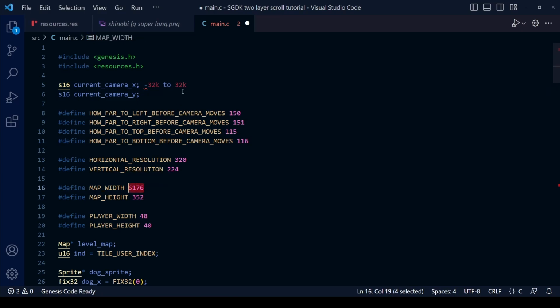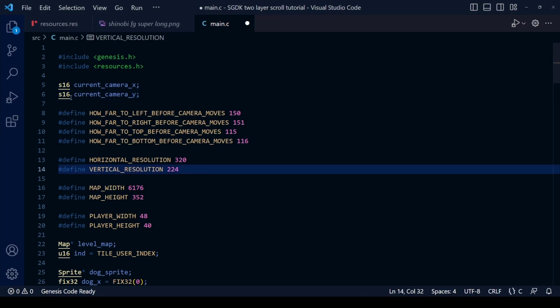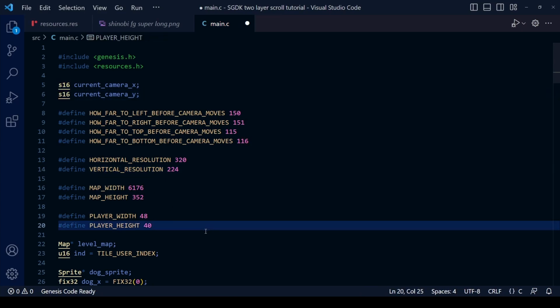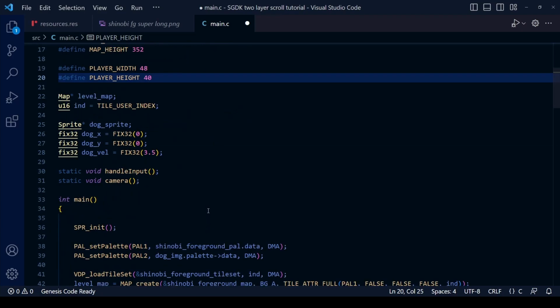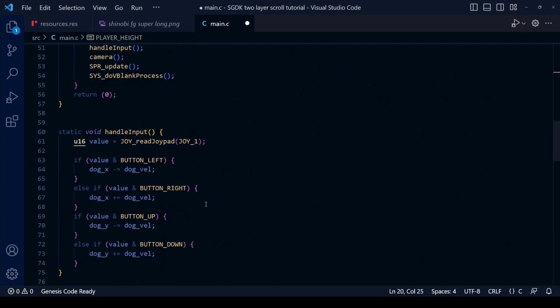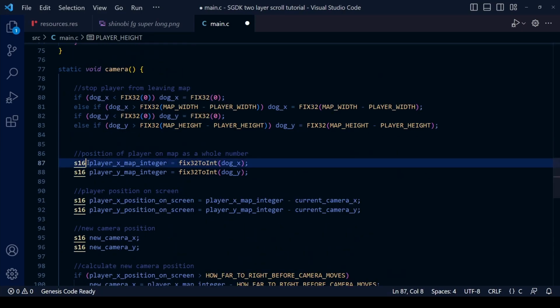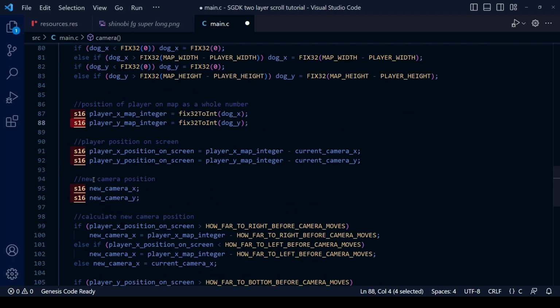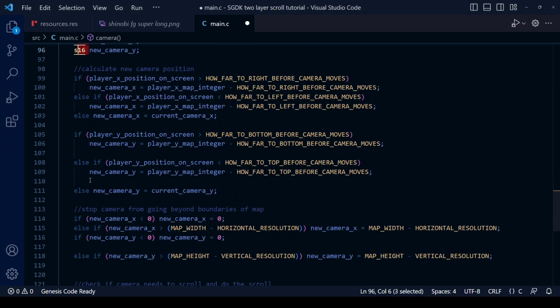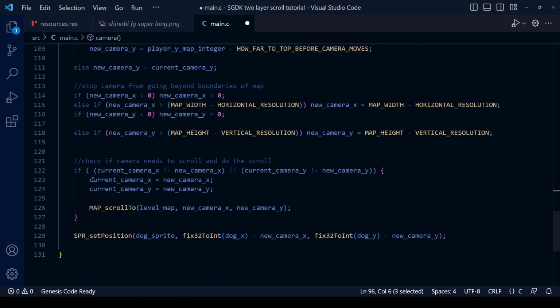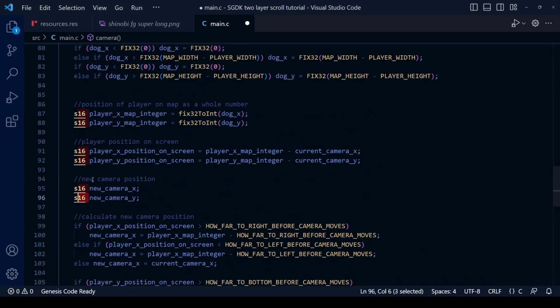The map today is only 6,000, so that's well within that limit. So as I said, using a 16-bit number is better than using a 32-bit number. It's easy on the CPU, it uses less ROM too. So in this code here I've made a slight change where I've gone through all the ints we were using, the 32-bit numbers, the INT data types, and I've changed it to S16, and the code is working fine. So long as you're using maps under 32,000, then you can go ahead and change all those ints